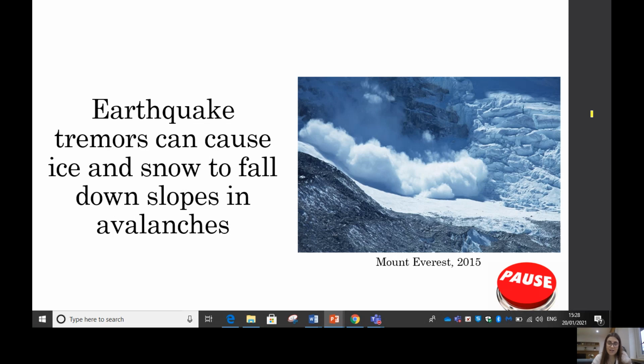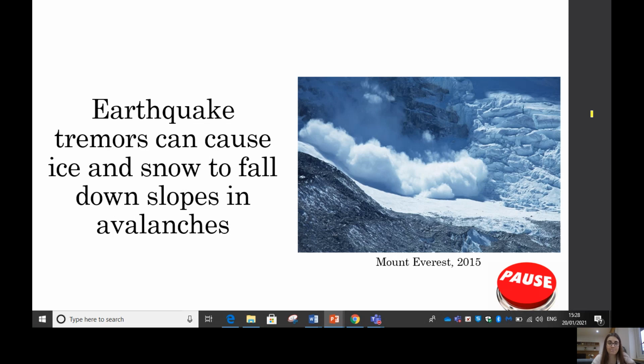Yep, welcome back. Avalanches are a physical effect of earthquakes. So well done if you got physical right. Give yourself a tick. As we can see here, we have an avalanche which is coming down Mount Everest in 2015. So there was an earthquake near the mountain, and it managed to dislodge lots of snow and ice, which